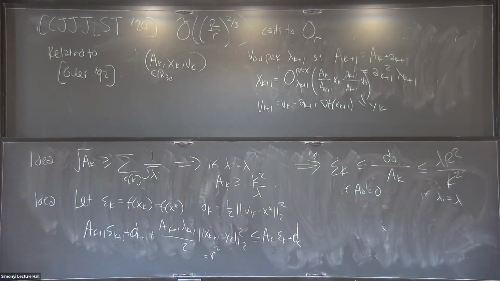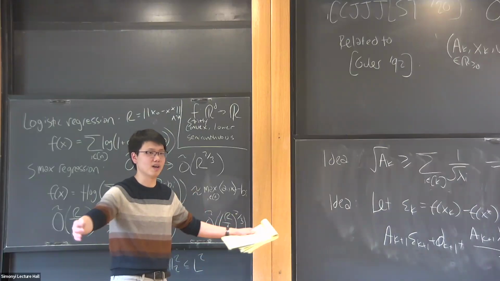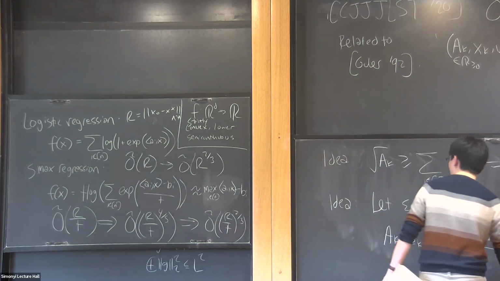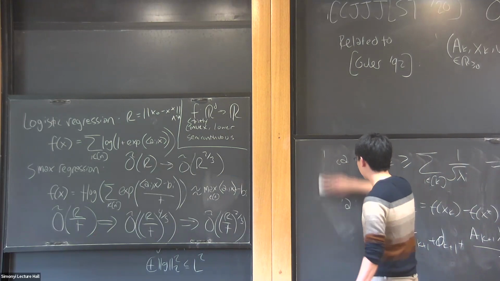So the point is, as Victor's saying, little r is proportional to T, because that's the stability radius. Okay. So in some follow-up works,